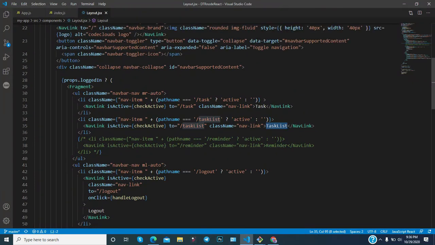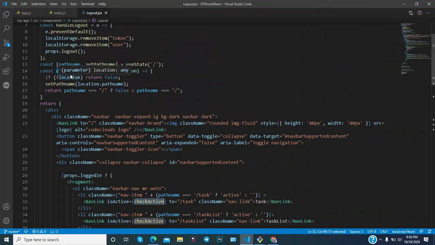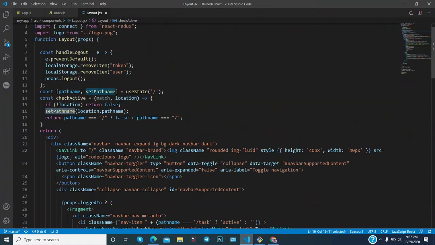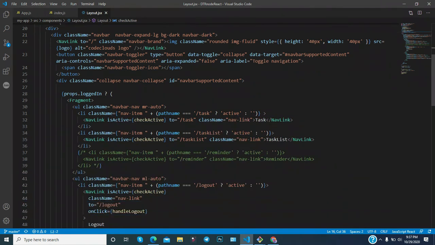Here you can see isActive, and we have used checkActive. checkActive is a method, and for location, we are getting location.pathname. This is another method, and we are getting the information on whether the route is activated or not.